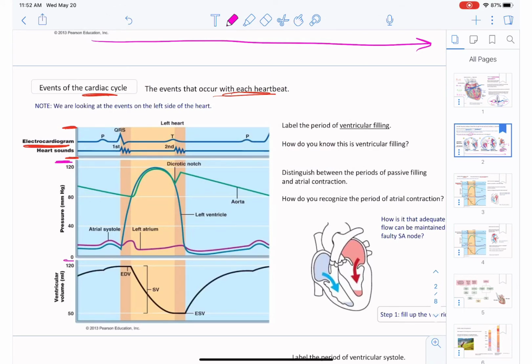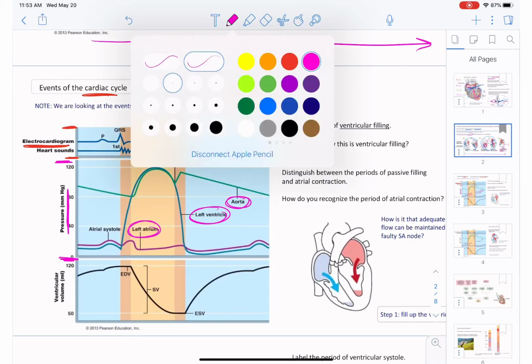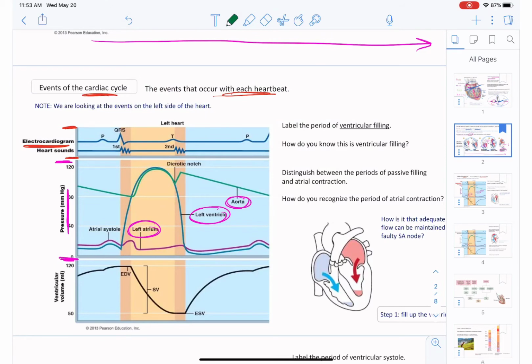What about below that? What are we looking at? We're looking at blood pressure. And specifically, we're looking at blood pressure in the left atrium, the left ventricle, and the aorta. So blood pressure on the left side of the heart. And then what are we looking at the very bottom? Down here, we're looking at blood volume. And specifically, we're looking at blood volume